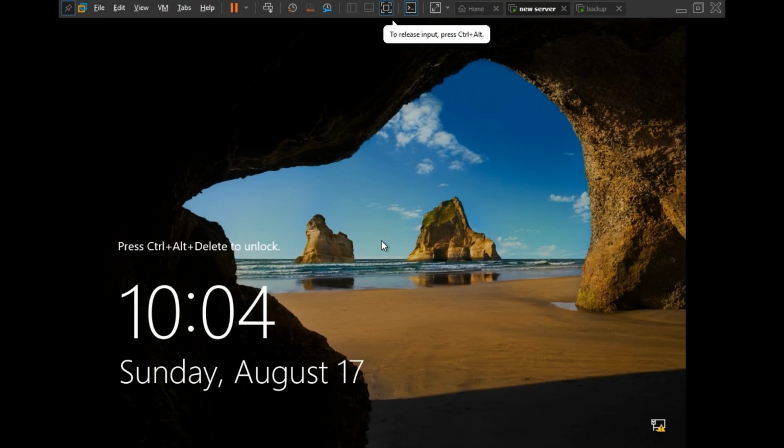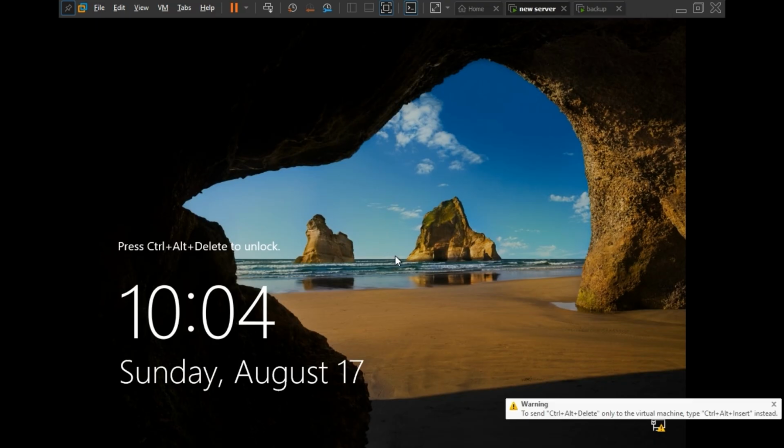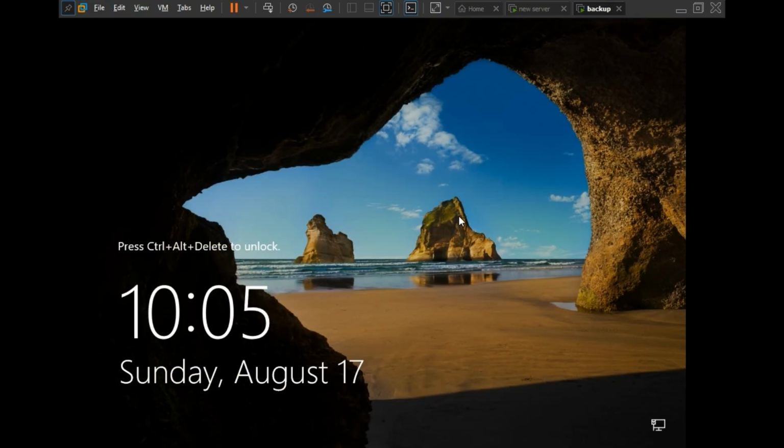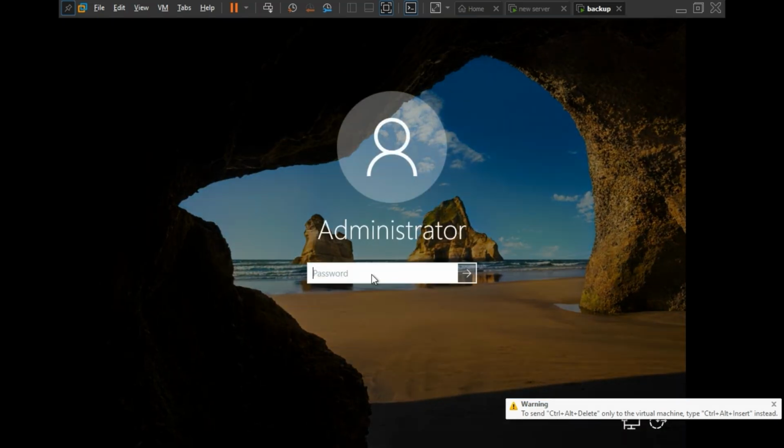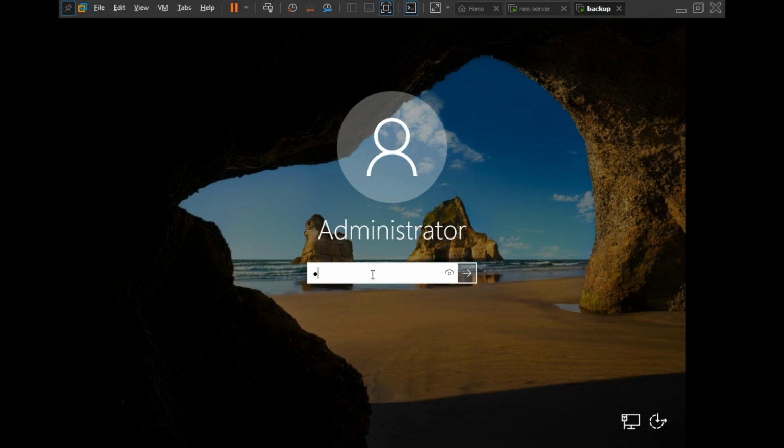Control Alt Delete. Let's give the password. My password was, this is my password, and our backup server is on. Now let's go to this. Here I have a different password. This is our password for our main server. Okay,